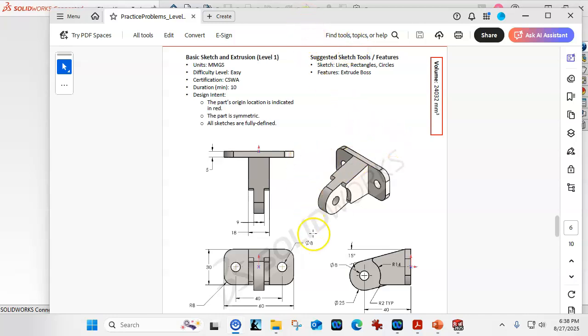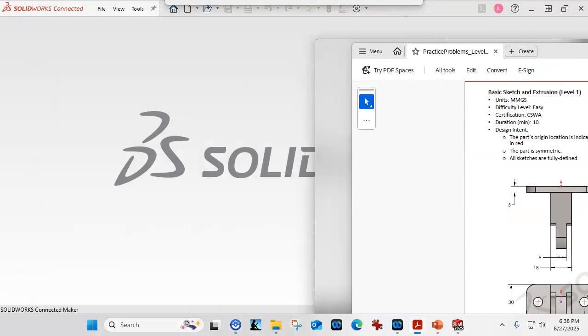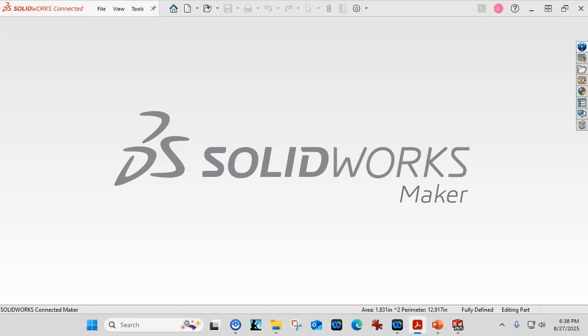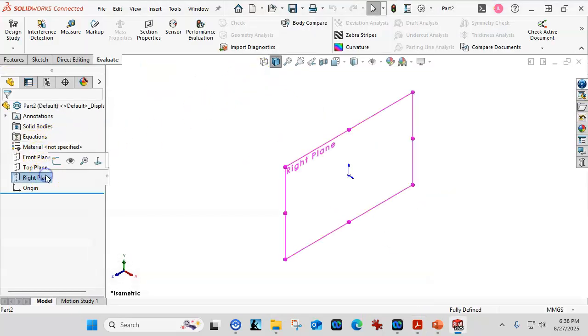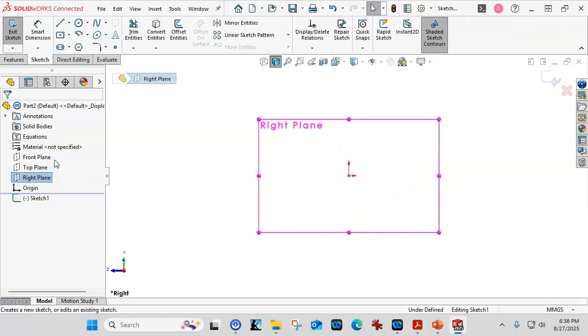But I am going to start a sketch on the right plane, and I'm going to draw this view first because this geometry is fairly easy. I think I can just pick the front plane or the bottom of the part, and it will just pop up from there. And they're telling us to use lines, rectangles, and circles. We'll throw in a sketch fillet there as well. So we'll see what we get. All right, so part in millimeters, we're going into the right plane, opening up the sketch, and the only thing that really is different about this